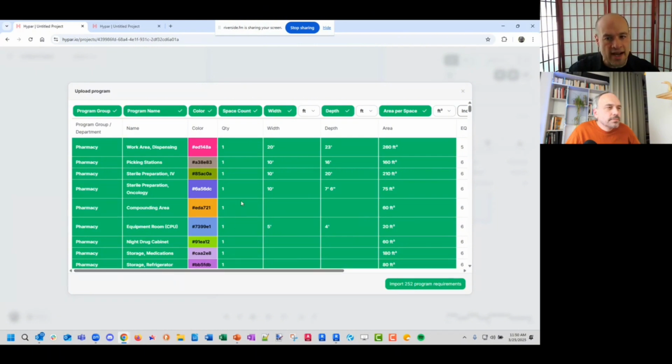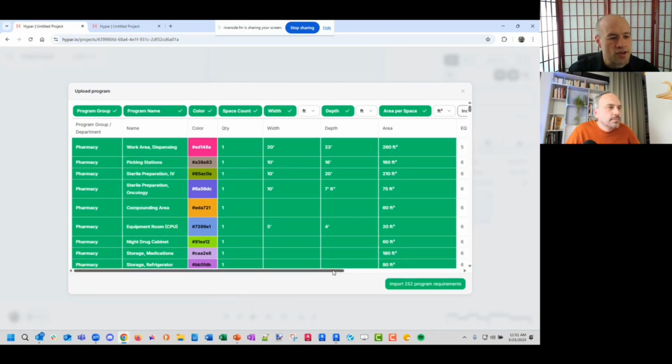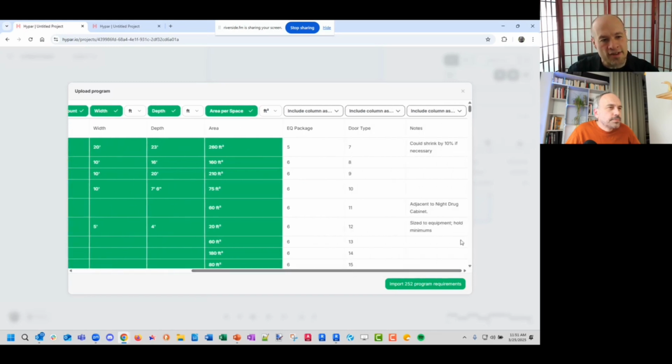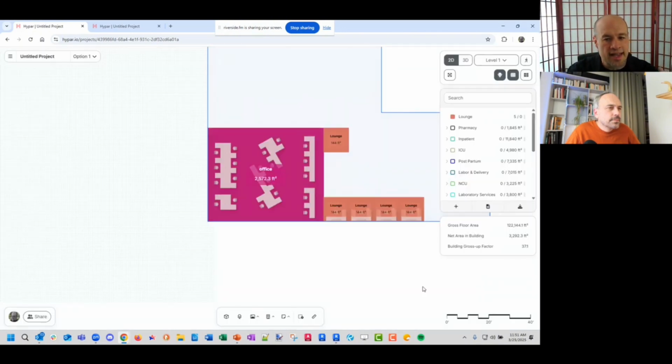So again, a little AI is happening here, where something named in the neighborhood of department in several languages will get mapped to this column, some kind of room name, but you can also remap these things by hand. For example, over here, I've deliberately put in things that we don't understand out of the box. So I can map this as a custom property and just add that note. And like that, I've just imported 252 things. And it's also hierarchical in terms of these having departments.